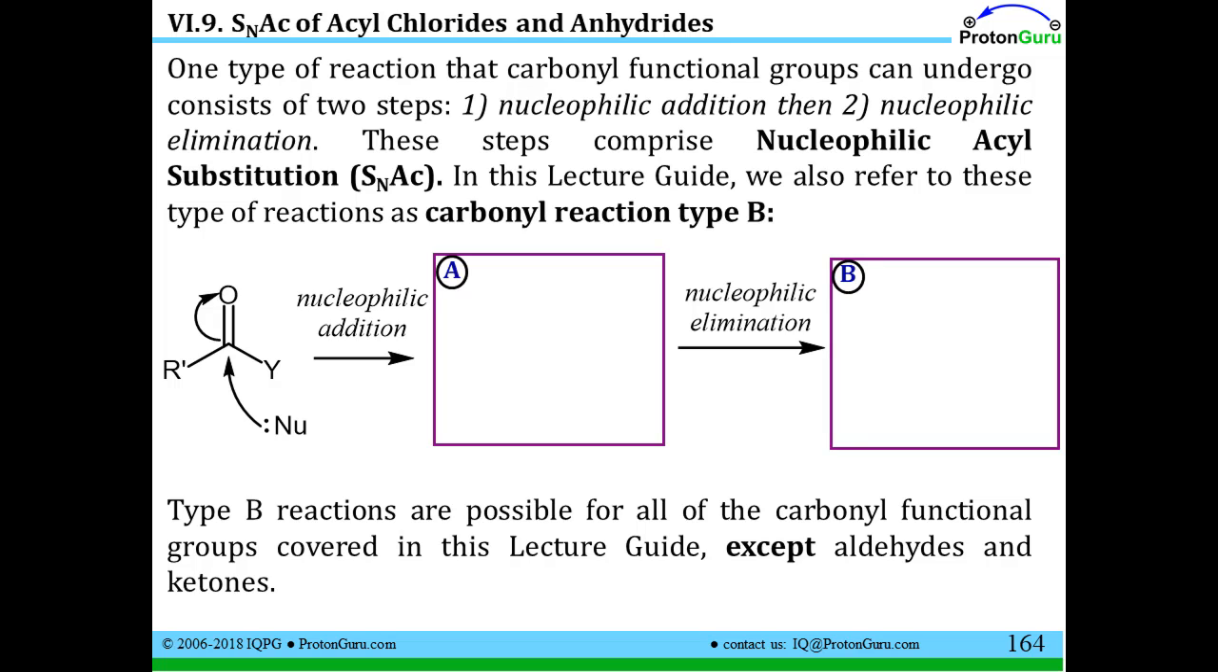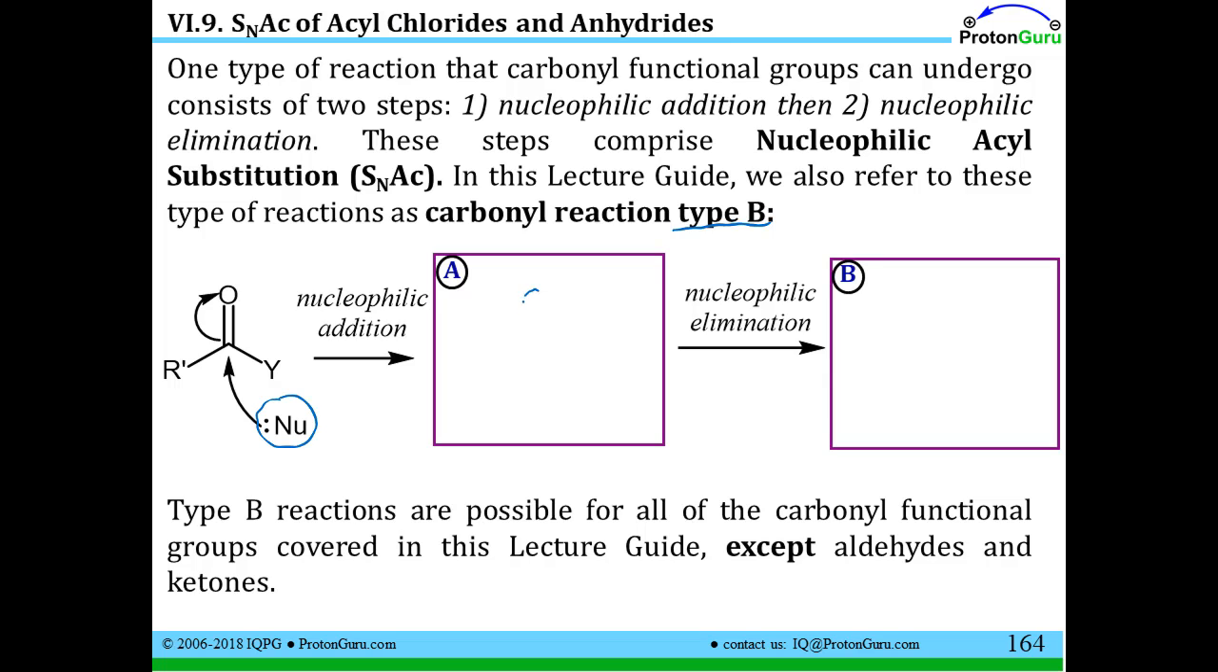And today we're going to look at some facile nucleophilic acyl substitution, abbreviated SNAc, on acyl chlorides and acid anhydrides. This is what I categorize in my text, the Organic Chemistry 2 Primer, as a type B reaction. Just to remind you how this type B reaction takes place, you have a nucleophile that attacks the carbonyl carbon,